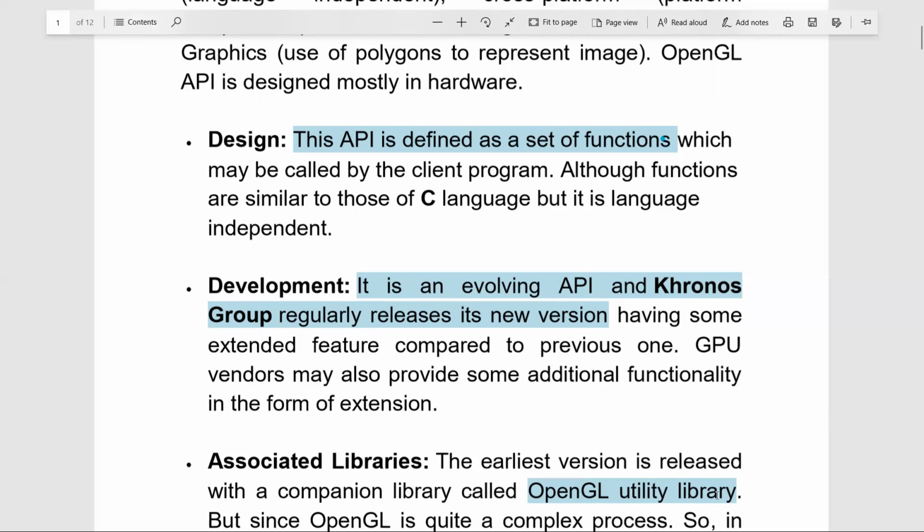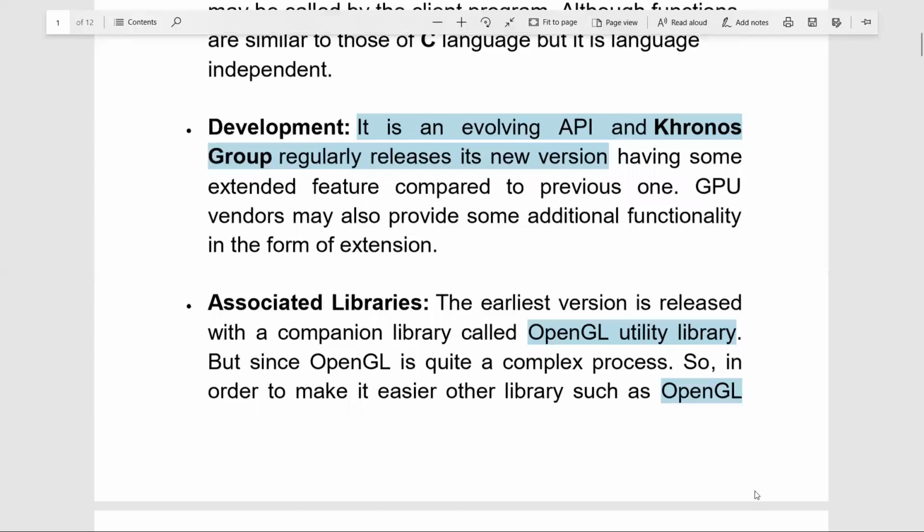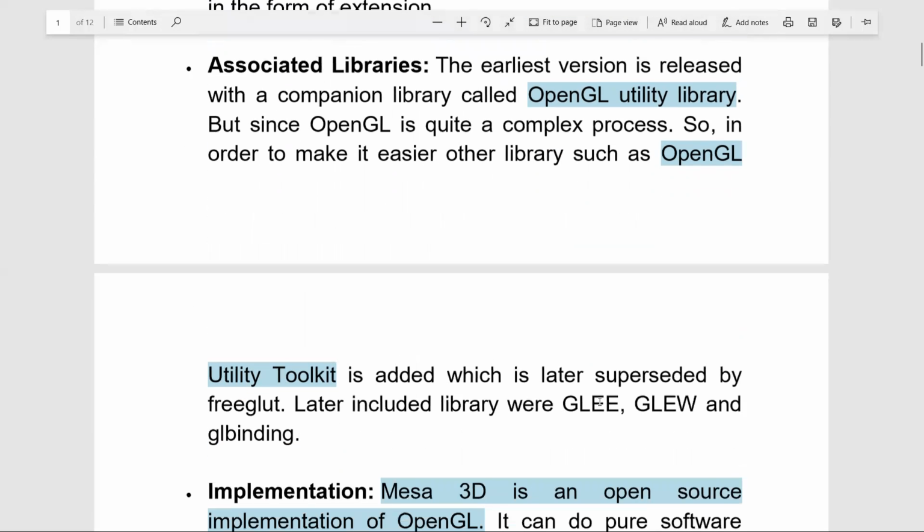But since OpenGL is quite complex, in order to make it easier, another library is also added, which is called the OpenGL Utility Toolkit. In the form of a toolkit, it is the easiest component added for usage by all the programmers for computer graphics.